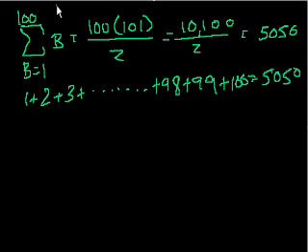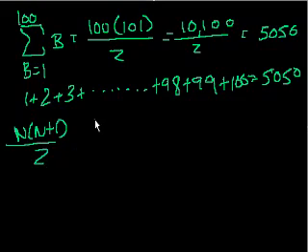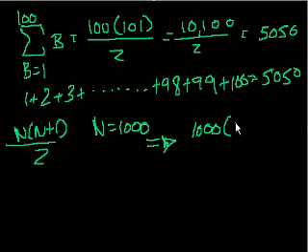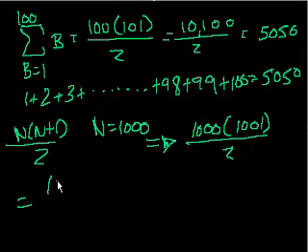You could do even something more impressive, the sum from 1 to 1,000. What's the sum from 1 to 1,000? Well, our formula, remember, it was n times n plus 1 over 2. So if n is equal to 1,000, then what's our sum? It's 1,000 times 1,001 over 2, which is equal to, well, we'll just add 3 zeros to this. 1,001,